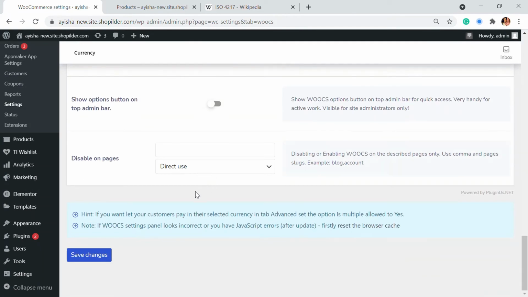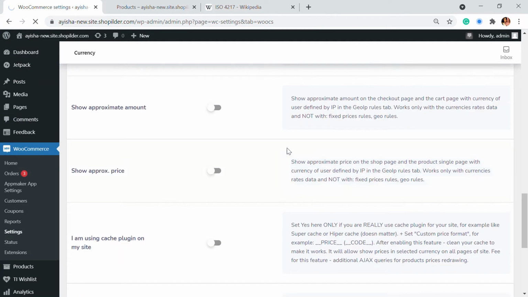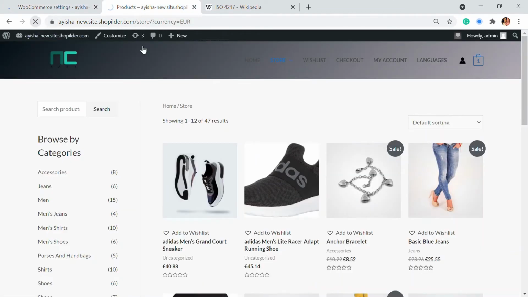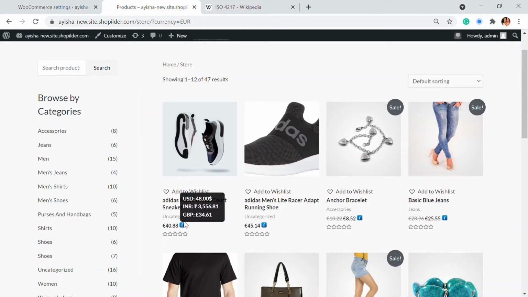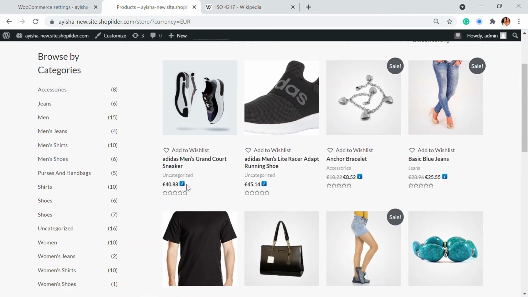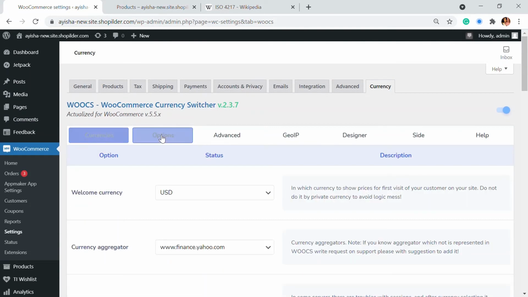So I'll just show you what happens if I activate the show price info icon. So I have just updated that, and when I go to my website, right here there'll be an I button, as you can see, and here you'll be able to see in US dollars it's $48, then INR, GBP prices will be shown according to it. So if you want to activate this, if you are a worldwide shipping website, it'll be of great use. And if you have a very less number of currencies, and that's one setting that we had to cover.